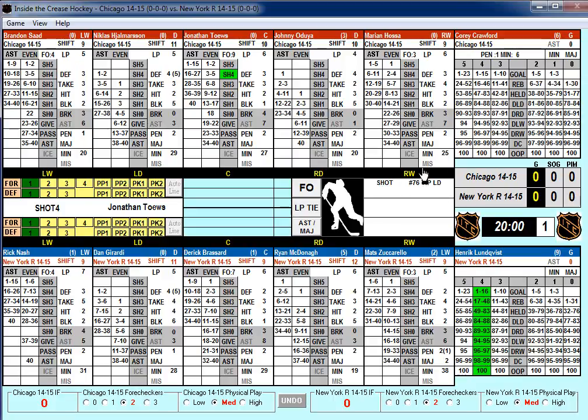And this is the player that took the shot. So if this would say shot number 76, tip center, well, obviously Jonathan Toews can't tip his own shot. So in that case, he would just ignore it. If it's not a shot by that player, then what happens is that the player that's listed is going to